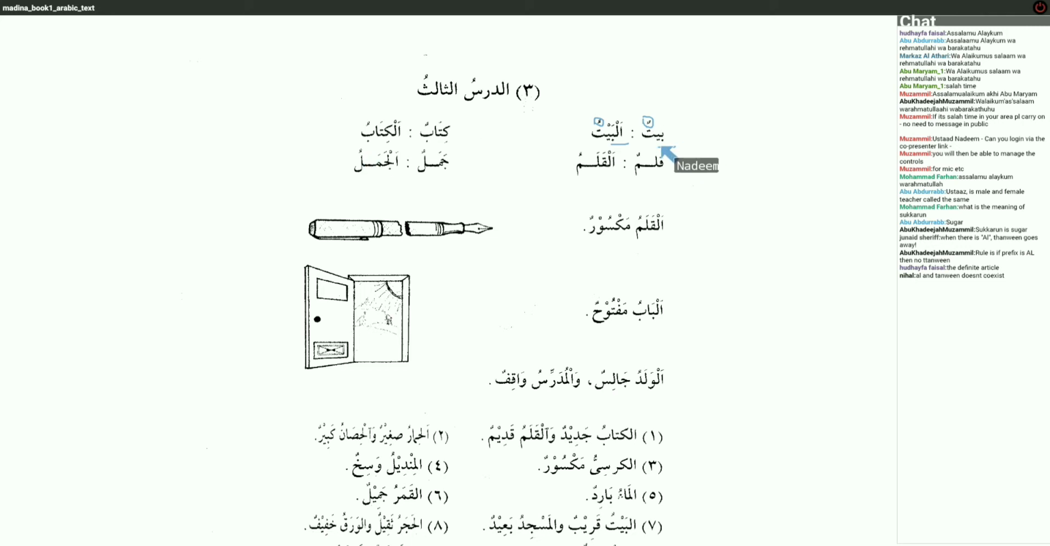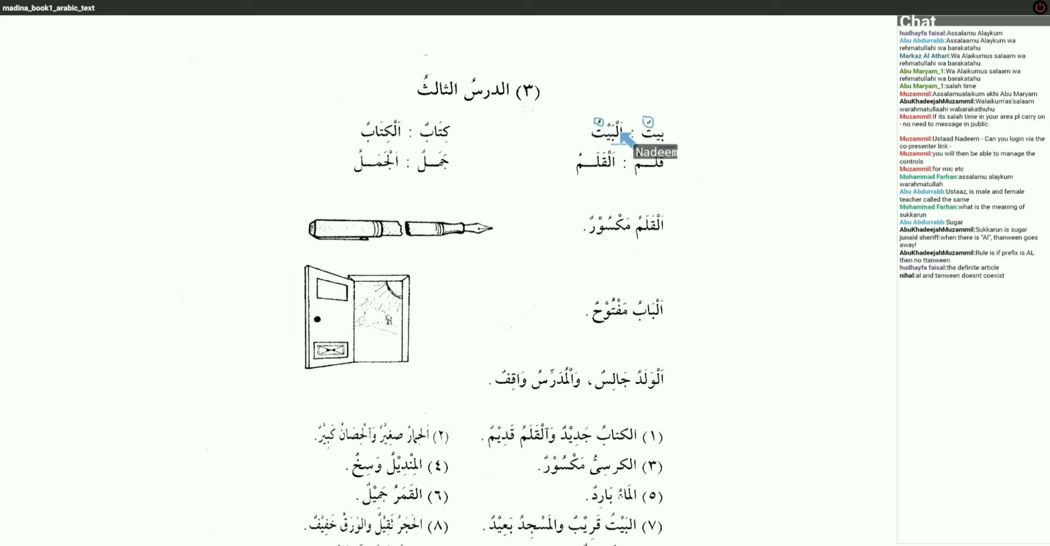So the first one says baytun. There's no alif wal lam. There's no definite article. It doesn't tell us which house. It just tells us a house. So there's a tanween. Therefore, tanween gives us an idea that this is unknown or indefinite or general, a house in general. As for this one here, al-baytu,